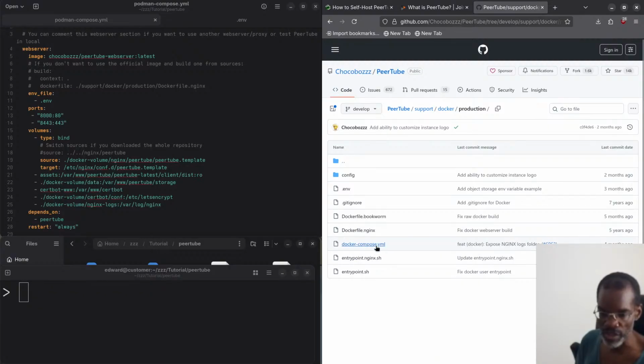so you can download the YAML file. They also have an environment. We'll talk about that. You see I've already opened up here in the GNOME editor, so we'll talk about that